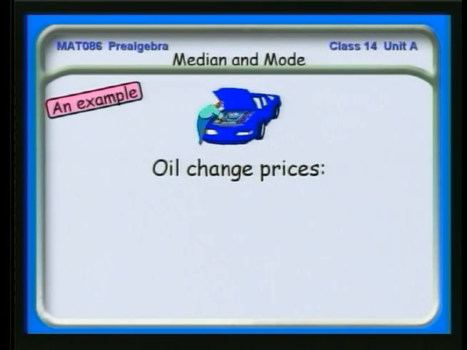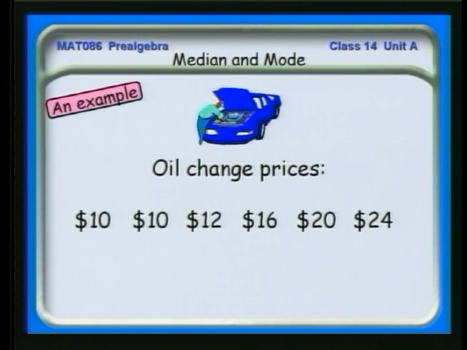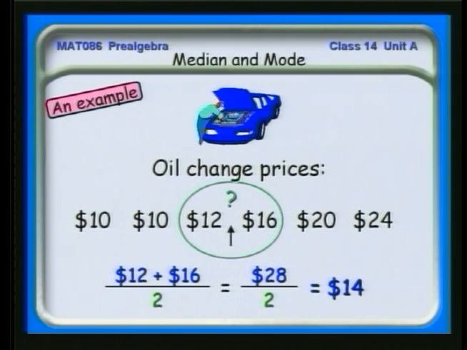Suppose you shop around by reading the paper and looking at oil change prices around Tucson. What you may find is a spread of prices like this, and what you would like to know is what the median price is. That's the price in the middle. Here we have an even number, so there is nothing truly in the middle. In order to calculate the median in this case, we need to take the average of 12 and 16, which we do here. 12 plus 16 is 28 divided by 2,